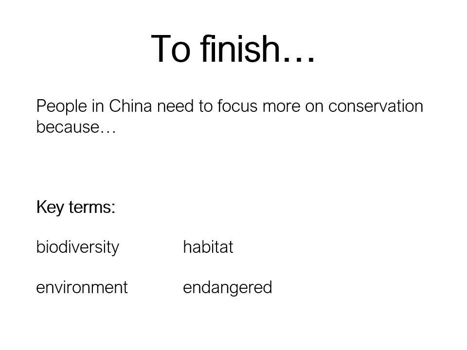Remember, biodiversity is the number of different species of plants and animals in an area. Habitat is the home of an animal. You would consider that its habitat. The environment is anything about your surroundings. And endangered meaning that there's a threat to a particular animal or plant species. If they're endangered, it means that, well, they may become extinct if they're not looked after, if conservation does not happen. So to finish, copy and complete that sentence or that short paragraph, and that is the end of this